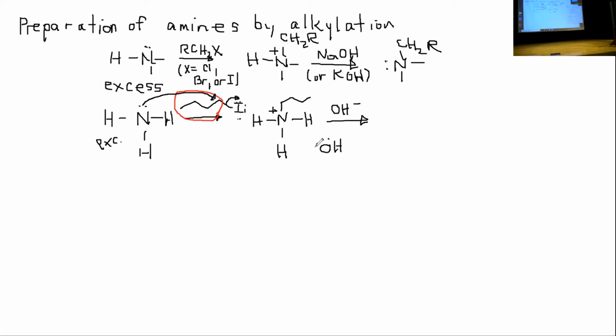So remember, we use arrows always and only to show movement of electrons, never of atoms, never of charges. So we don't draw an arrow here saying this H goes over here. No, no, no. Rather, the hydroxide ion reaches out with one of its electron pairs and grabs that proton. In this case, it could have been any of these 3. They're all the same. Take your pick. And we'll break that hydrogen-nitrogen bond. We'll put the electrons onto the nitrogen nucleus,